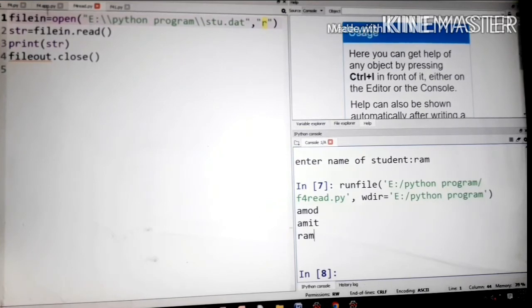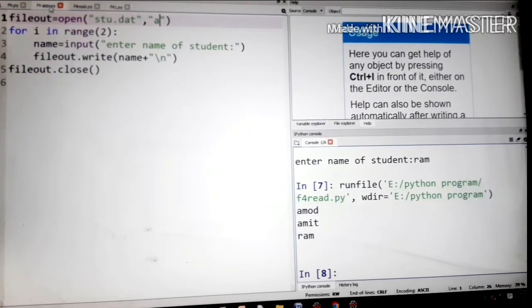Now second, we can use the append mode. Append mode means that for the same file, the information written in the student.dat file, you can now add some other information. If you are using write here, your previous information will be truncated. So to avoid this, we can use append.